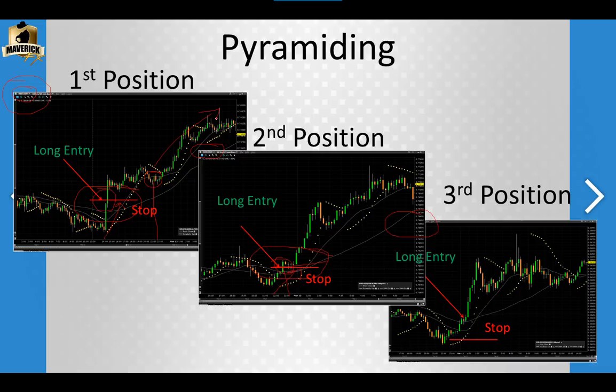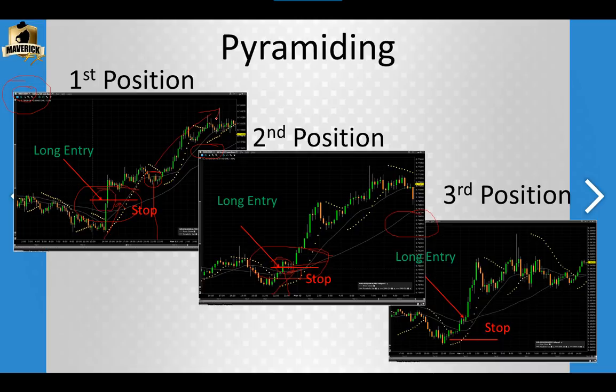So the way this really works is if you take your first position, let's say we took our first position in something like pound dollar, and it was working but not all that good, and we saw other currencies working more. Once we went to break even on our first position, then we could take a second position in something that was showing much more relative strength. Maybe then we go and play the next one, Kiwi dollar or